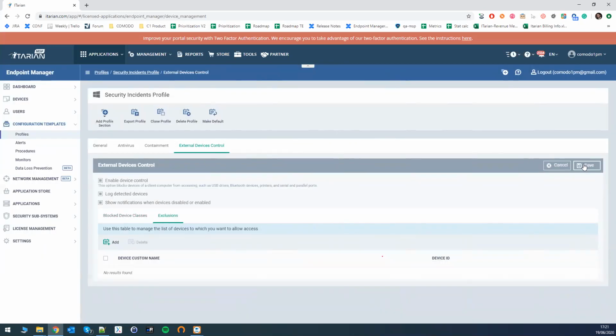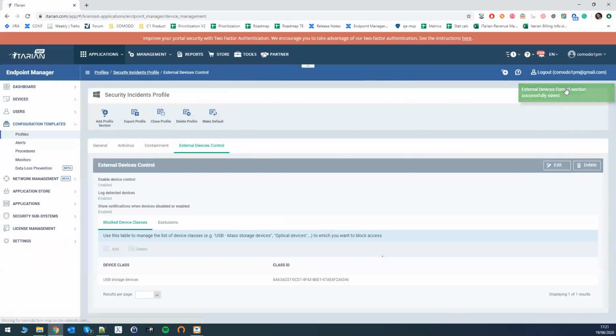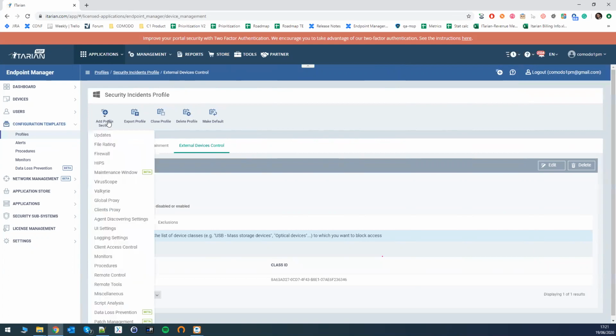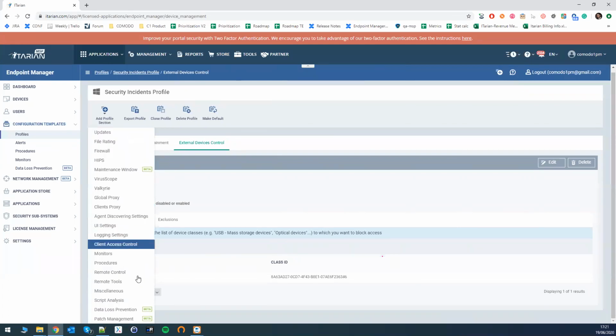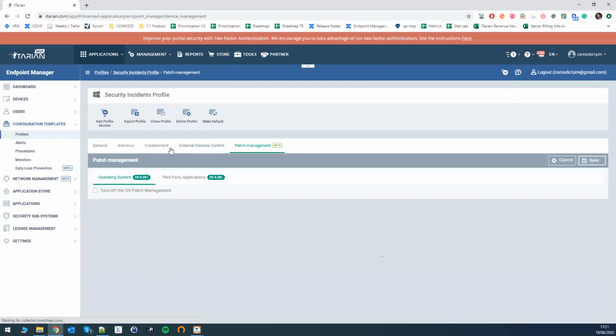So I just click to save. And now the external devices section is also added. And lastly, I want to add the patch management section. On patch management, you will be able to